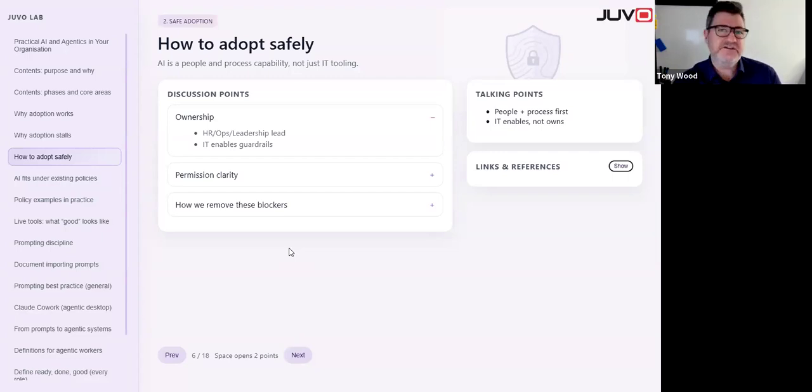But I'm suggesting as we start to move into more agentic areas and agentic workers, it's more of an HR ops area, because they're doing tasks, they're doing roles. And in the same way, they need to be managed. If they're working 8 hours a day on a task, they need to be managed, they need to be trained, they need to be onboarded. And IT doesn't have those skills. They turn it on, they turn it off, and they maintain it.